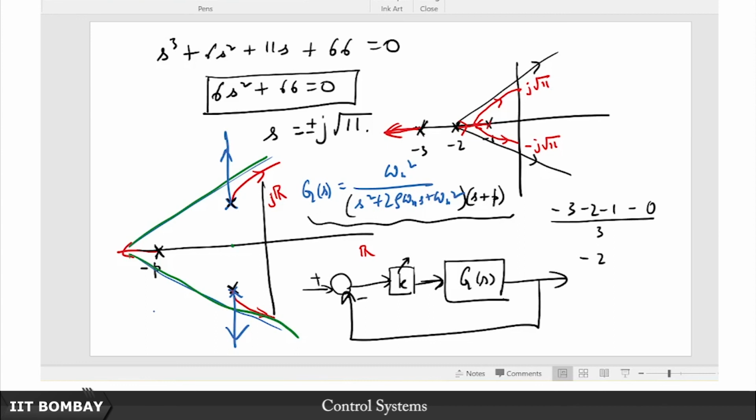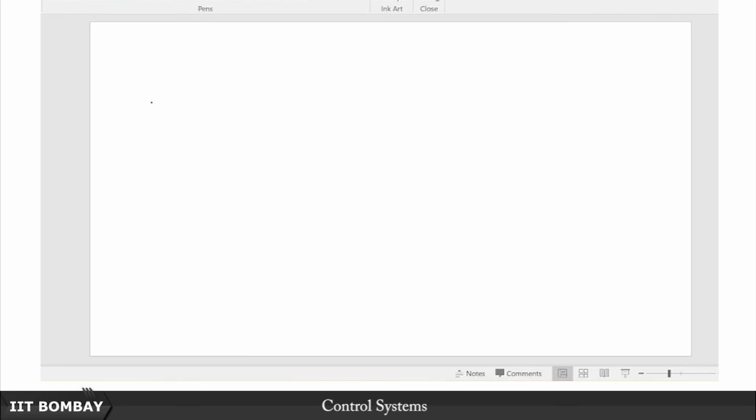Why are we concerned about the second order system? Because we have spent quite a lot of time studying this second order system in great detail and saying that many systems can be approximated to a second order system. So that is why we are concerned about the effect of this additional pole and zero on the stability in the closed loop configuration of this second order system. Now to close the story, let us consider